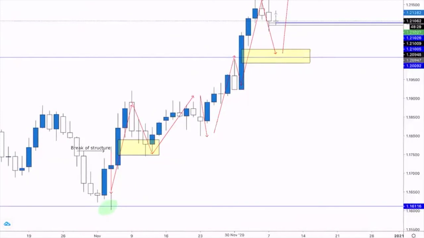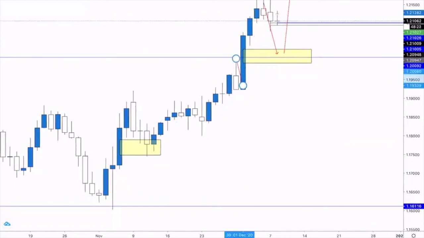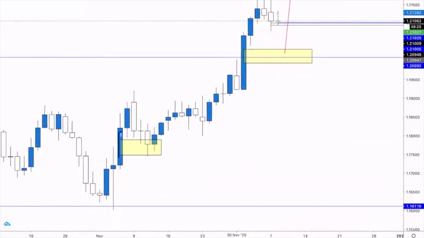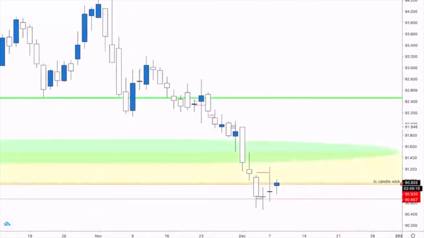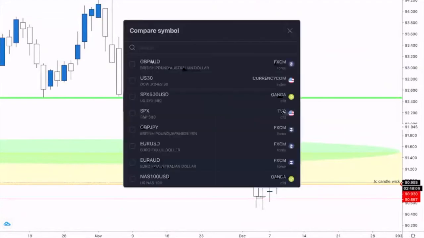So one thing to understand about EURUSD is that the dollar index, the DXY, which is right here, is made up of 50% euro. So anything the DXY does,